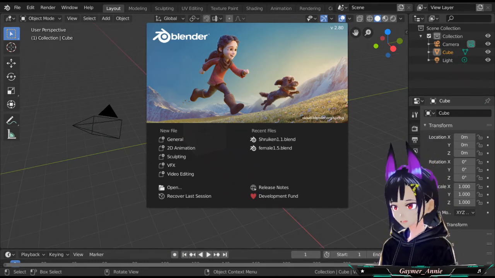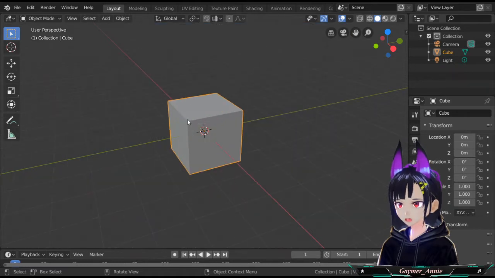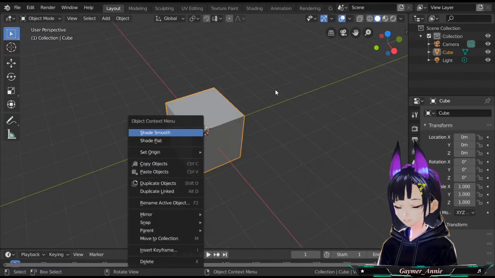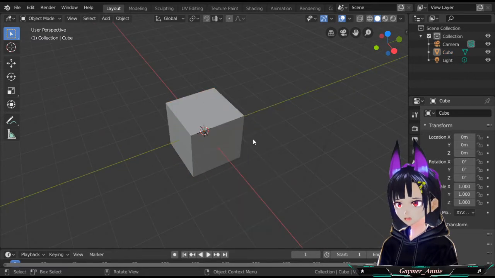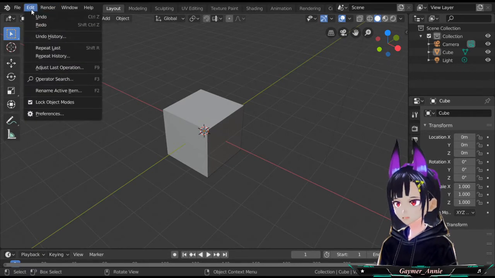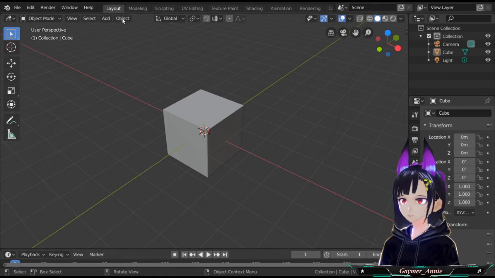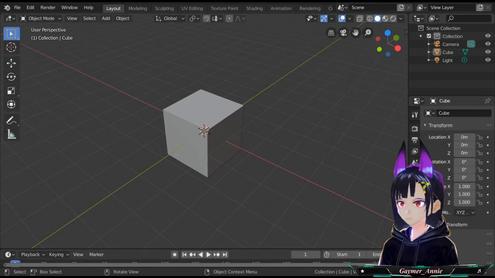Okay, we have Blender open. It may be a bit slow because my computer is terrible. What you want to do is just have your blank square, and you go to Edit and Preferences. Now, to be able to get what you want, you're going to need to